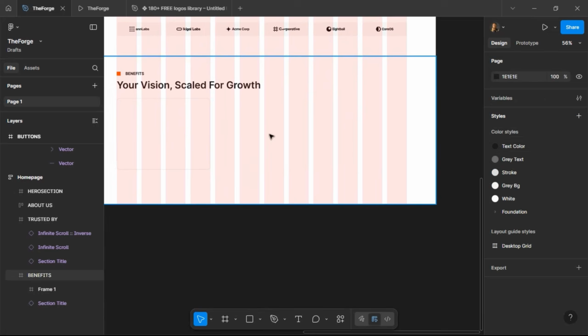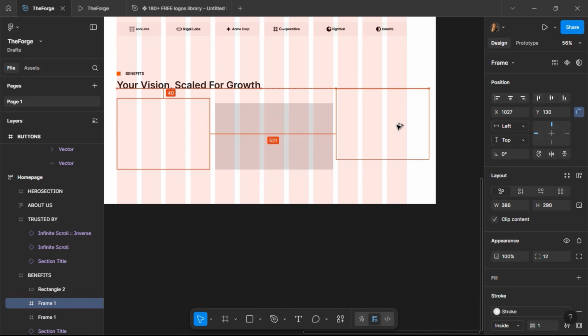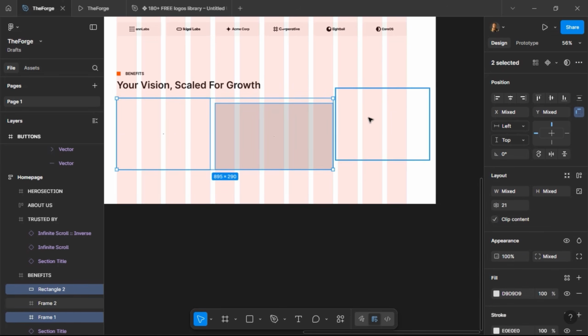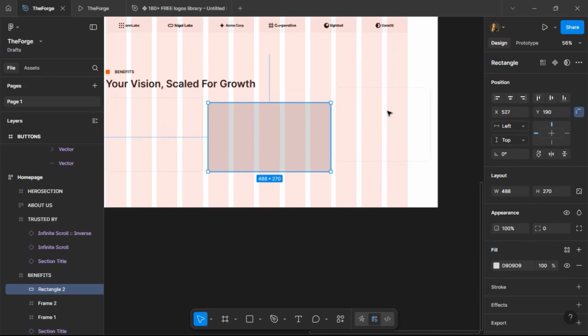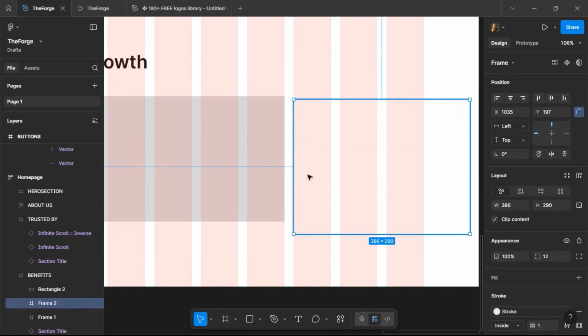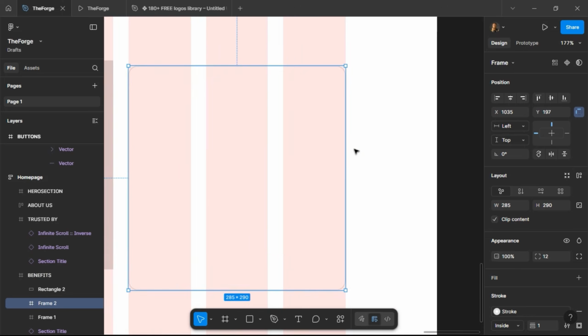Then why did that just happen? Let me delete that and try that again. So I'm just going to bring in a rectangle, and then we're going to have a frame that is going to fit in here. So I duplicated this frame basically. Although I want 2 frames to be here, so I'm just going to put this here and then close the gap,